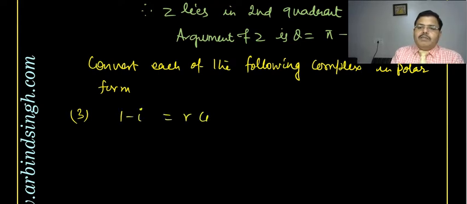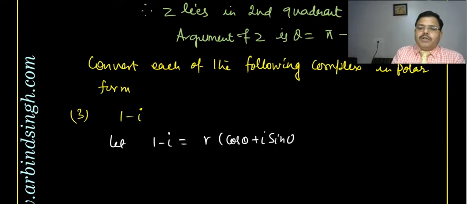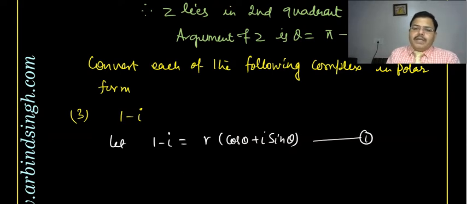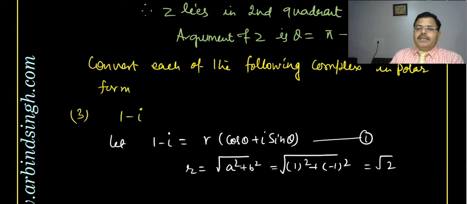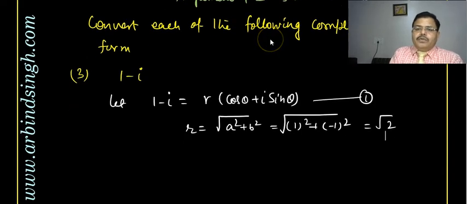So 1 minus iota can be written as r cos theta. The question is this. Let me write the solution in the next line. Let 1 minus i be equal to r cos theta plus iota sin theta. This is in polar form, right? The steps we have mentioned earlier you can follow, but here r is equal to under root a square plus b square, usually in this formula, and what will happen? 1 square plus minus 1 whole square, and that is under root 2, and theta is given by,